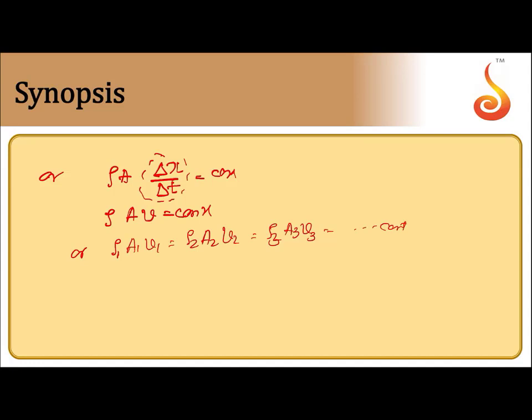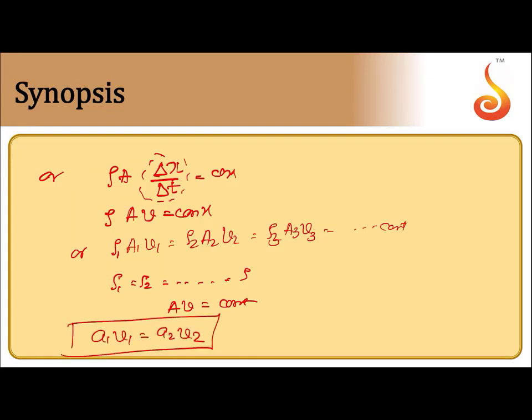Now, if I assume that the density of the liquid remains constant everywhere, we can say rho 1 is equal to rho 2 is equal to rho 3 etc. and that is rho, or we can simply write AV is equal to constant, or A1 V1 is equal to A2 V2 in the previous diagram that is shown. So AV is equal to constant, and this is what is called the principle of equation of continuity,